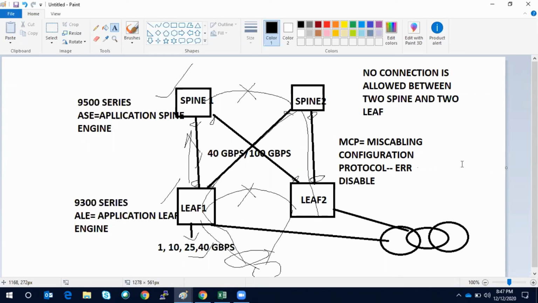So the best practice says you should enable the miscabling configuration protocol per VLAN. Yes, per VLAN. That is the best practice. So globally it should be enabled, just like you enable CDP, but also at the interface level CDP needs to be enabled, right? The same thing. So you go to the fabric, at the fabric level you enable the MCP, and then also enable it per VLAN.